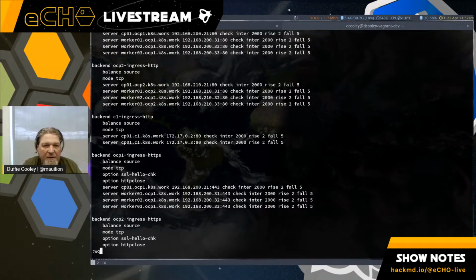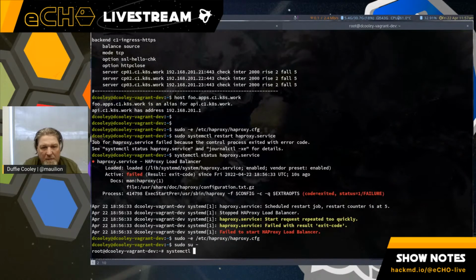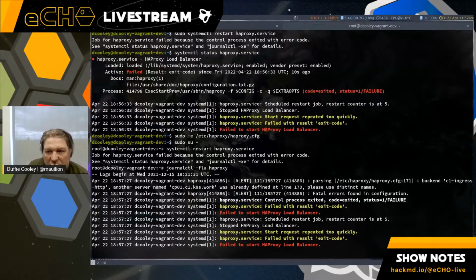On source, mode TCP. Backend C1 ingress HTTP, another server named CP01.c1.k8.work was already defined on line 170.